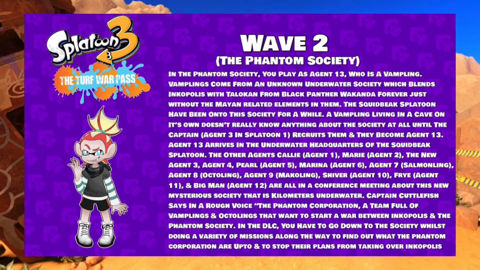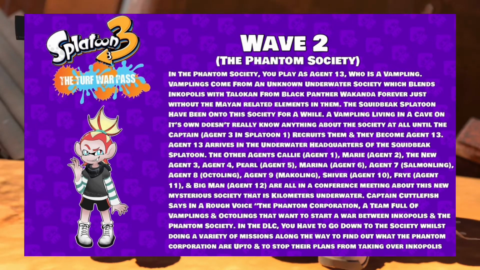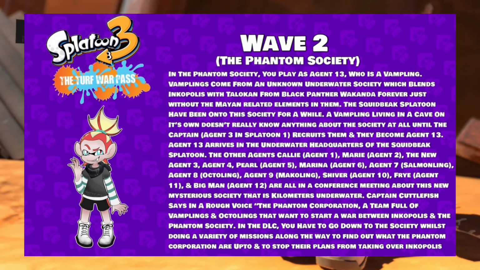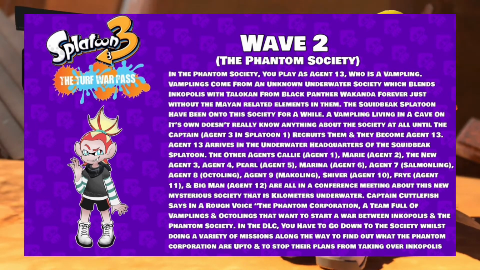The other agents: Callie, who's Agent 1; Marie, who's Agent 2; the new Agent 3, the character you played as in Splatoon 3 Story Mode; Agent 4 from Splatoon 2 Story Mode; Pearl, who's Agent 5; Marina, who's Agent 6; Agent 7, the character you played as in Operation Salmonling Heist; Agent 8 being the Octoling from Splatoon 2 Octo Expansion; Agent 9 being the Makoling from the Makoling Voyage; Shiva, who's Agent 10; Fry, who's Agent 11; and finally